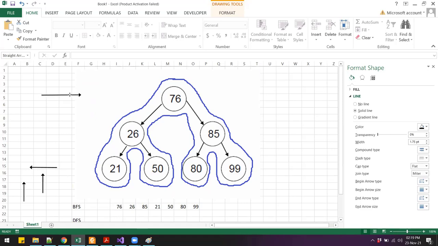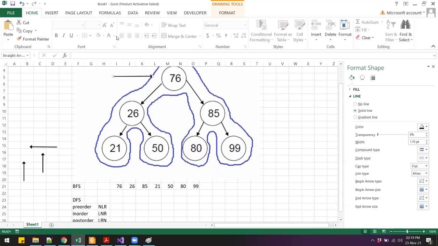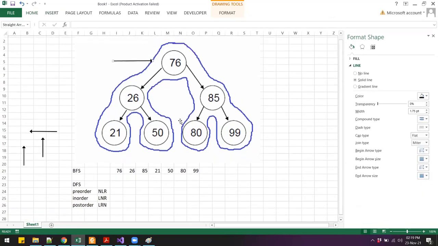You will go at the very top of the tree, then follow the line that you have drawn, and whichever number comes in front of your pen, you will print or write that number down. So the first number that we get is 76. 76 comes in front of our arrow, so we will write 76.